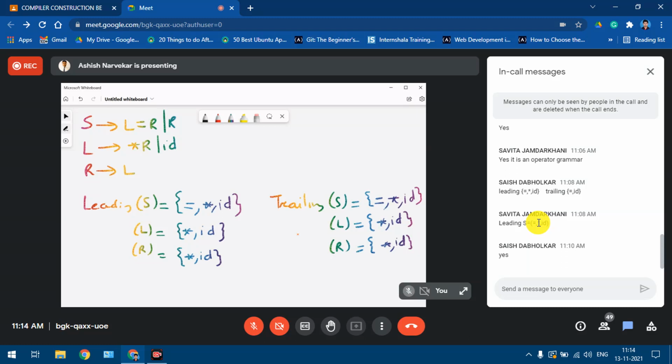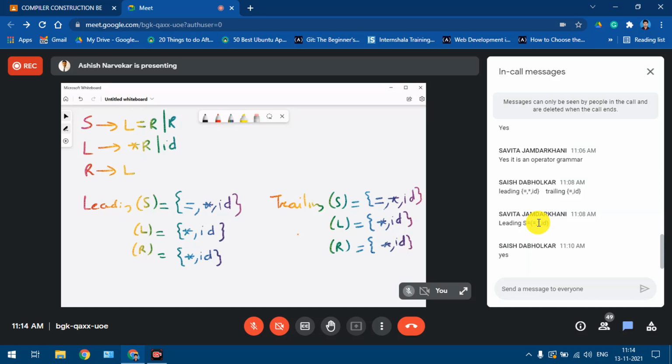For that, we should clearly know the associativity of a given set of operators. Of course, the questions are based on the basic programming language, that is C, so the operators of C programming should be known, so that it becomes easy for us to figure out in such cases. So that is all about the operator precedence parser.